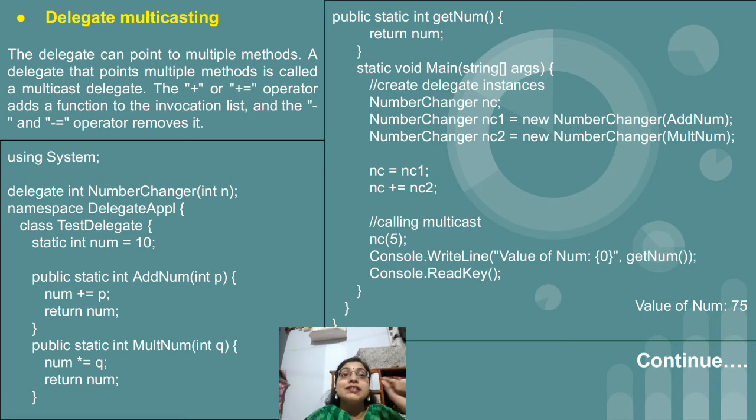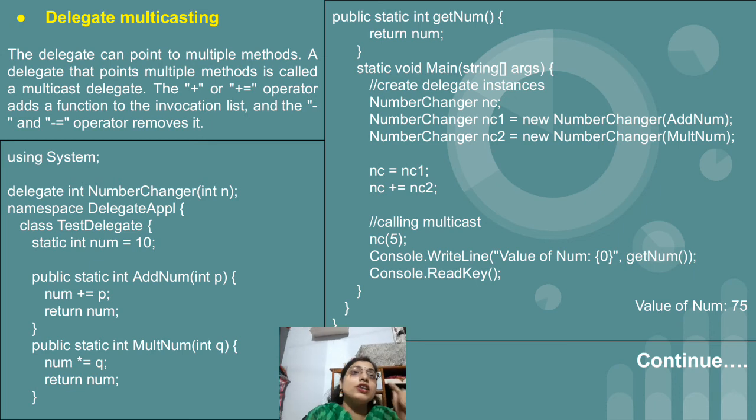So now nc is a delegate object, but because of the single object, we will make a call to two methods, means the value which we have provided to the nc object is going to be sent to both the methods of the delegate, because we have added references by writing nc equal to nc1, nc plus equal to nc2. So nc into round bracket 5, we have passed 5 as a value.